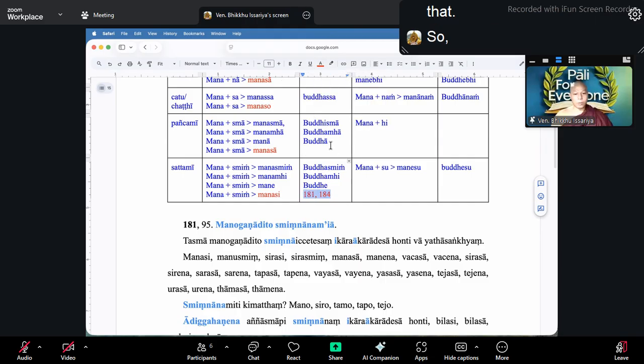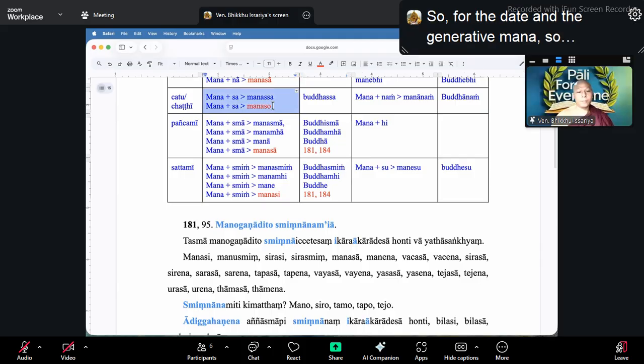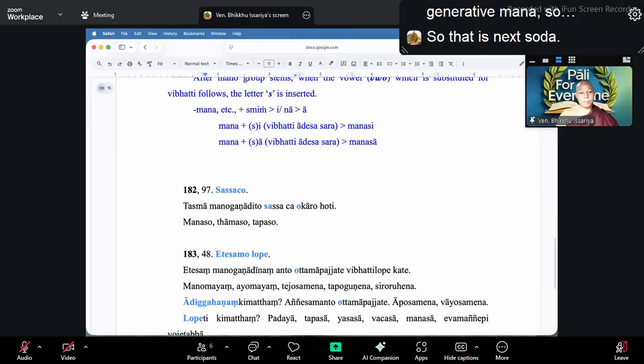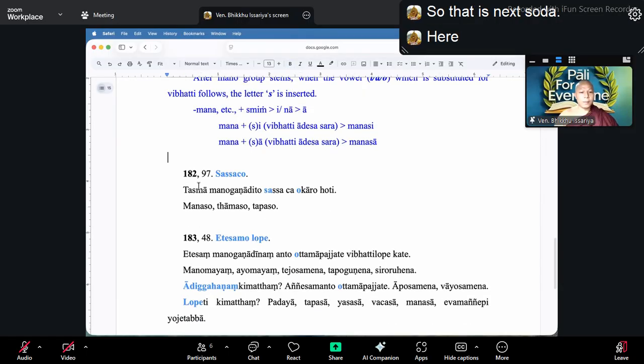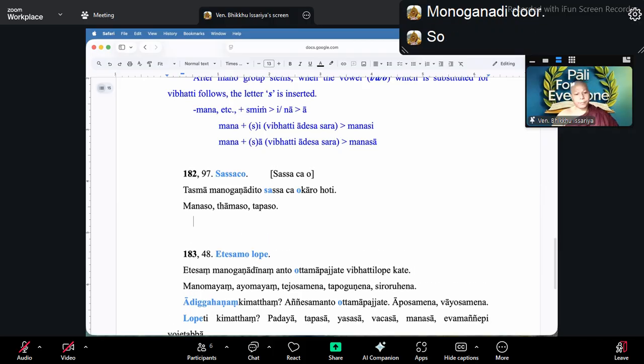So for the manasa also. Okay. And then, for the data and the genetic manaso, that is next sutta. Here, sasa jo. So sasa jo actually should be understood. Sasa jo. So that's a manoganadi do. So after